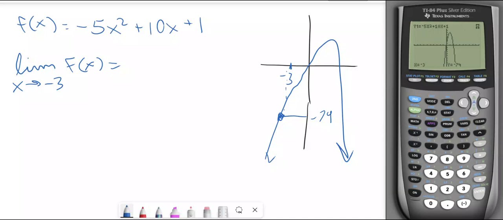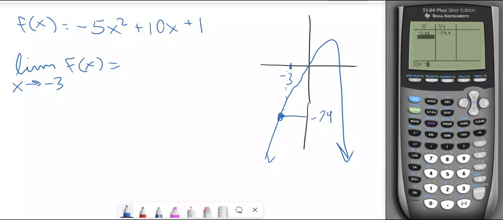If we want to try our numerical analysis like we did on the other one, we'll go to the table, then I'm going to go to table settings because I don't want it automatically filling in numbers. So I'll change it to ask. We'll go back to the table, it'll be blank. We can plug in stuff that's close to -3. So we'll start with numbers that are slightly smaller than -3, like